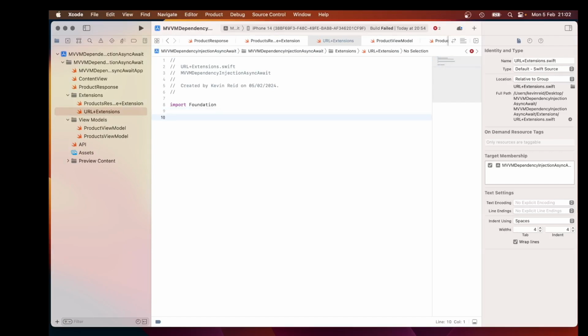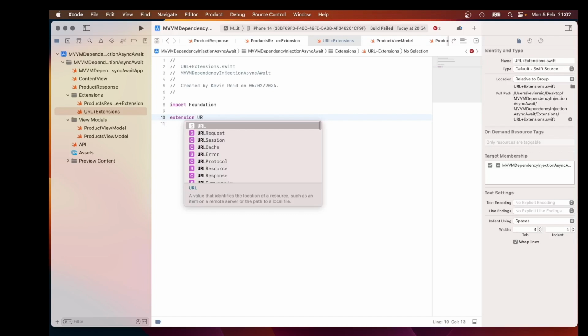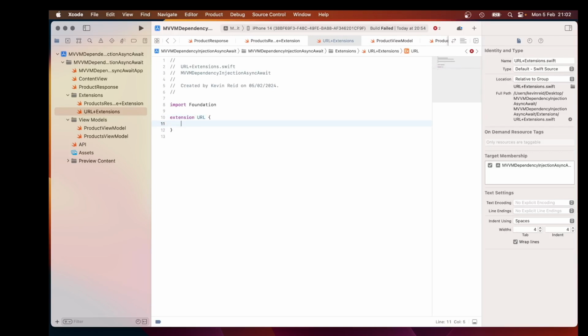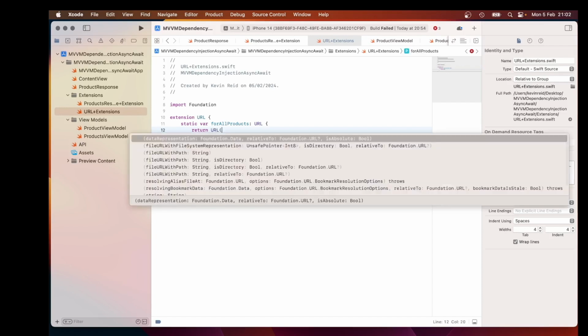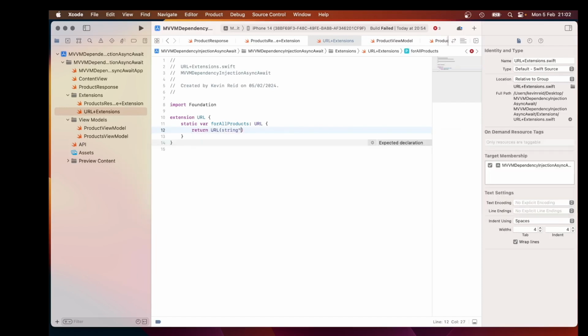And then type in extension URL. Create another static computed property, static var for all products. This will return a URL. Return URL string, and then the name of the endpoint,